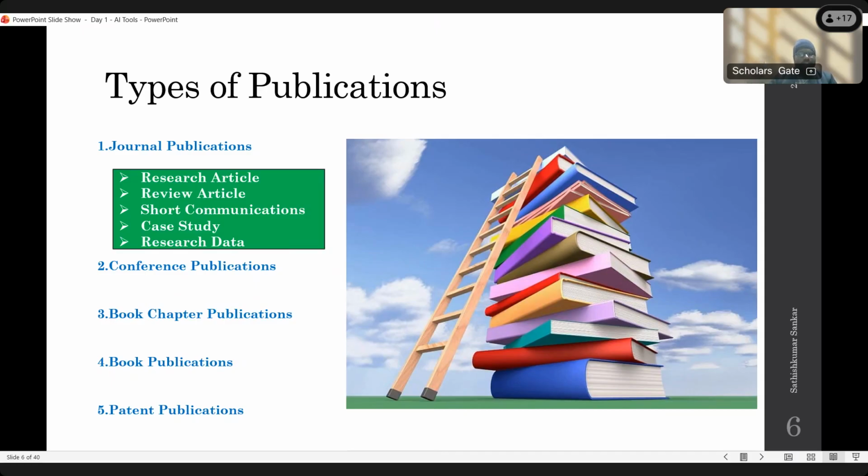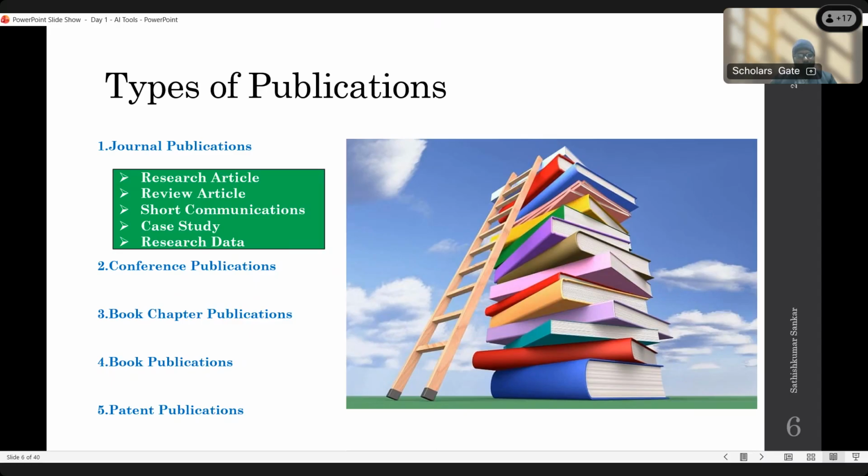Nowadays we can divide it into parts of the chapter. There are so many publishers, like Springer, Elsevier, and Taylor and Francis, coming out with different types of book chapters in different domains. You can find that particular proposal, that particular topic of that particular book, which is related to your research area. So you can write the chapter and submit it to the editor, and they will process and publish your book.